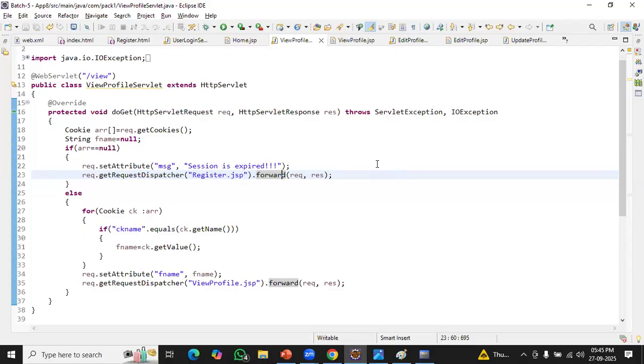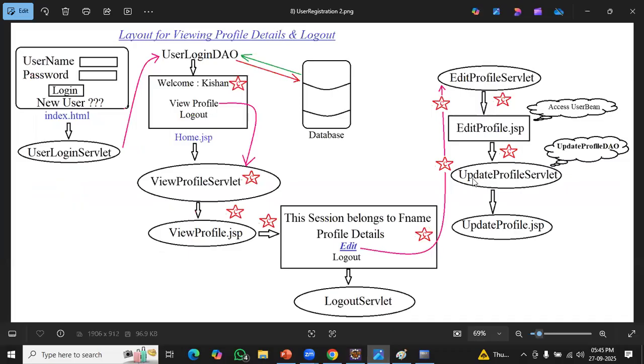Edit profile.jsp. From where are you getting this edit profile.jsp? Edit profile servlet. Where is the edit profile servlet? In edit profile servlet,